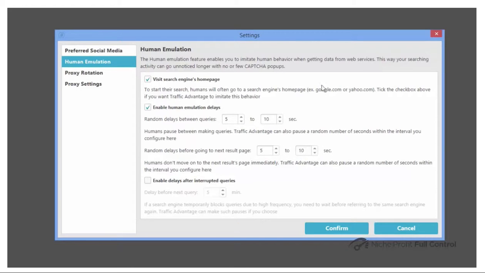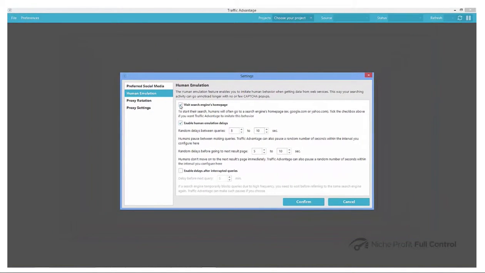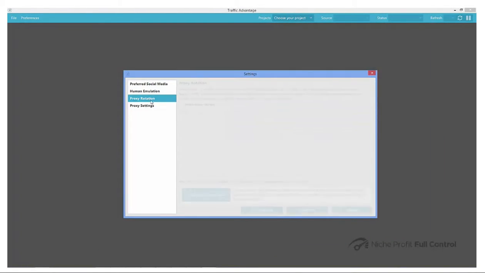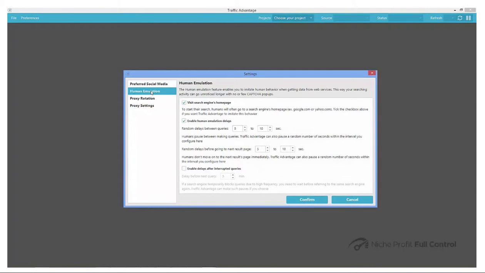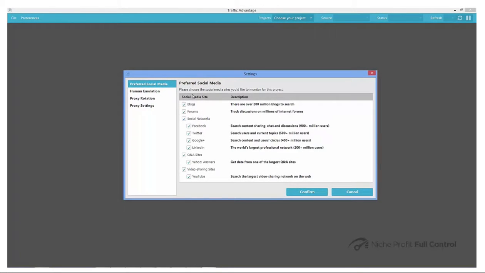So you don't have to understand all of this in depth right now. The whole idea here, though, is to make it look like a human is doing these queries. And if you just leave these settings in place, you should be good to go. Again, proxy rotation and proxy settings are more advanced features that provide additional safeguards, and we'll cover those in a future video. So going back, once you've reviewed your human emulation, go back to preferred social media,